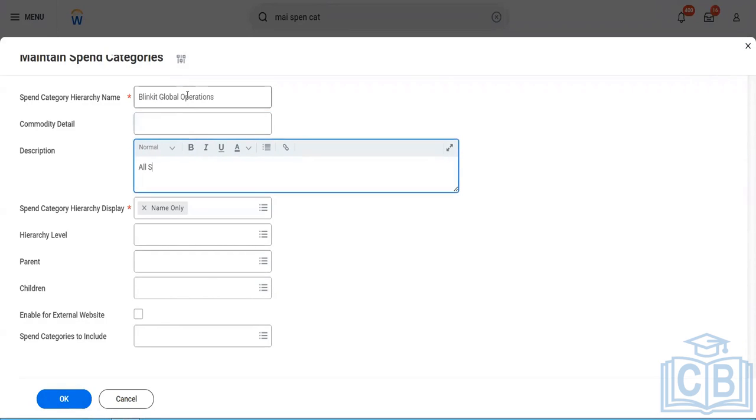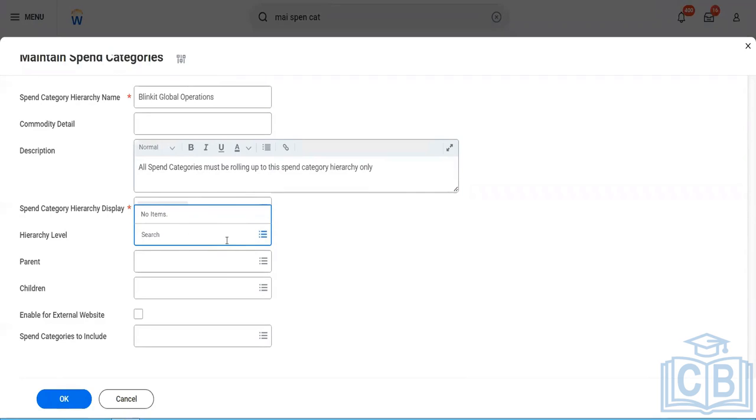All spend categories must be rolling up to this spend category. And let's keep only